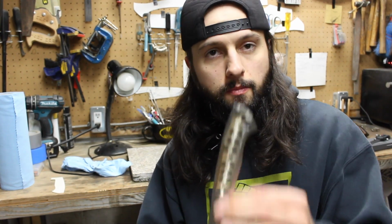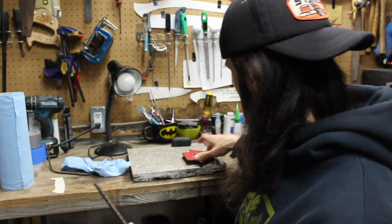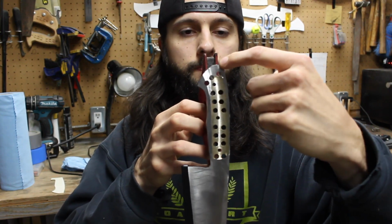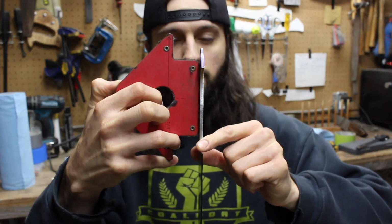Okay, so now that I have my hollows ground out, that's going to just remove bulk of material and it's going to make the tapering easier. The next thing to do is just to take this and literally, I'm going to hold it with a magnet against my flat platen. I'll start up here and then slowly working my way down, angling it on my grinder